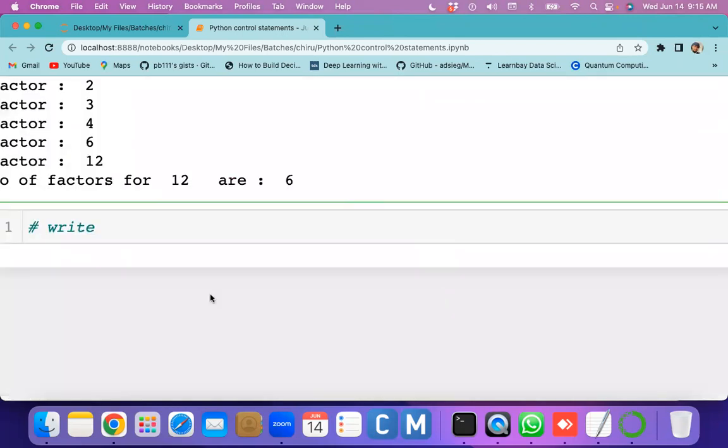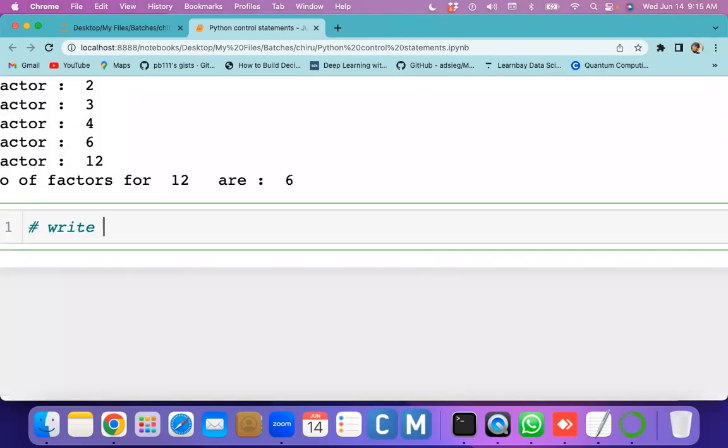Okay. I'm giving a small program that you can try yourself. Write a program to find whether the given number is a prime number or not.